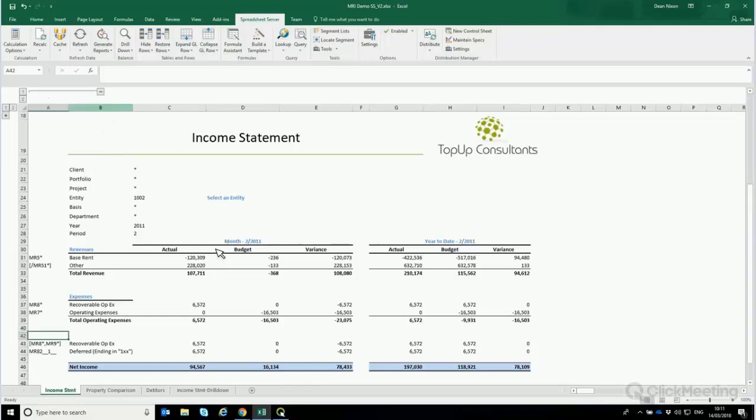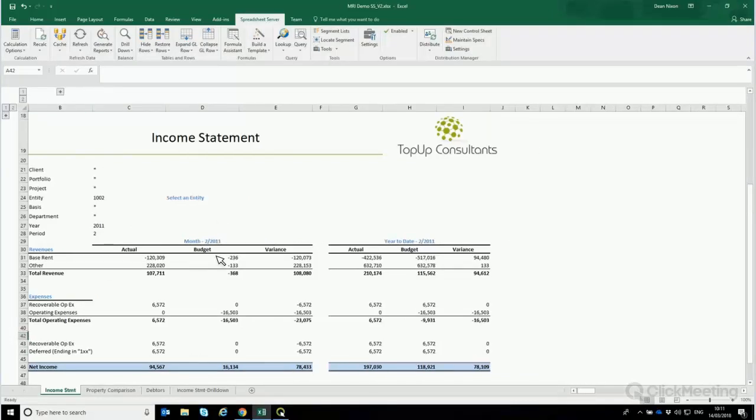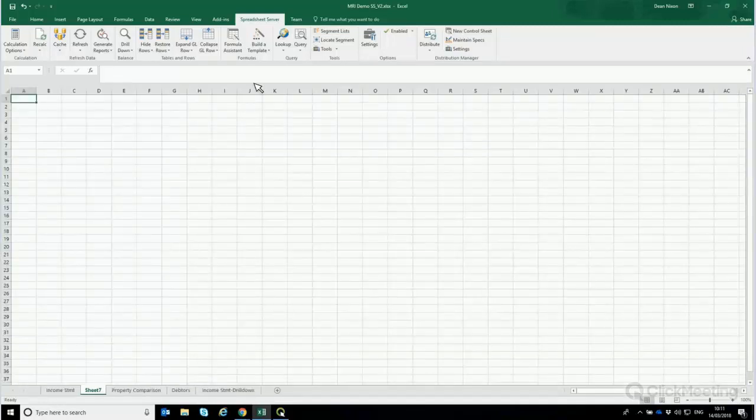Another column here, as you can see, we have budget. So not only can we pull GL actuals through, but we can pull budgets through, and we can compare them side by side. Now, what we commonly get when we're demonstrating this is a question normally like, wow, that looks really impressive, but how long would it take me to build something like that? And to answer that question, what I'm going to do now is build a very simple quarterly comparison report for you. So we're opening a brand new worksheet, and I'm going up to the top,